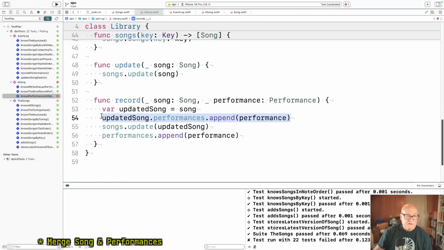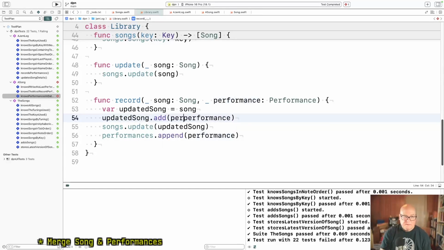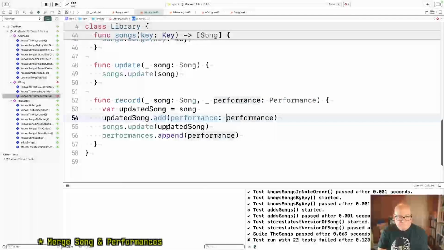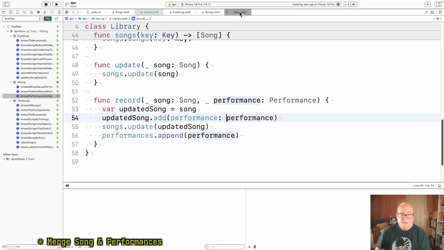I guess I'll call it first updated song dot add performance. Still should fail because we haven't sorted it, but we'll sort.